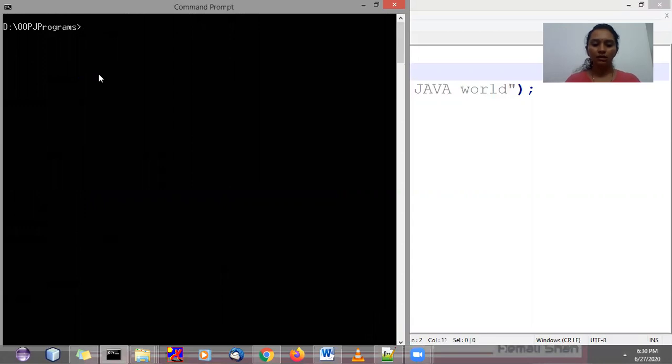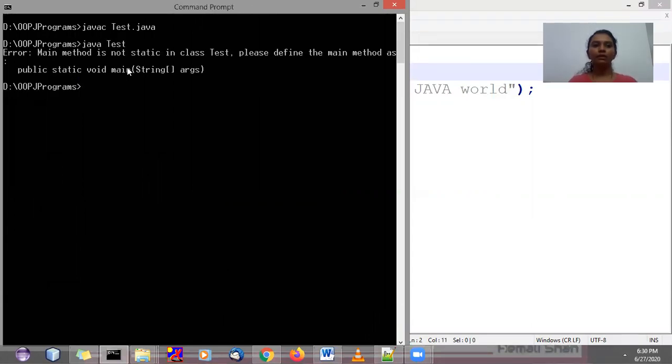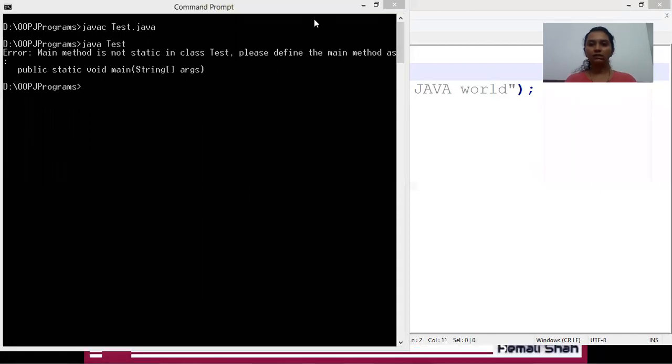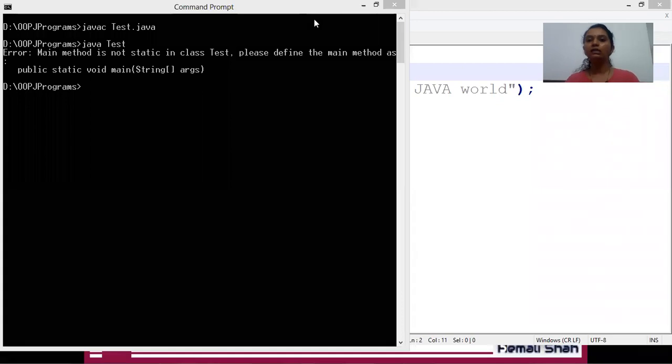Clear the screen, then compile your code. You will not get any compile time error, but you will get the runtime error that the main method is not static in class test. Please define the main method as static like this. So it will always generate the runtime error if you are not using the perfect syntax of main.